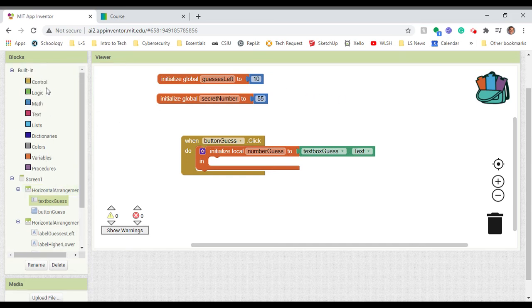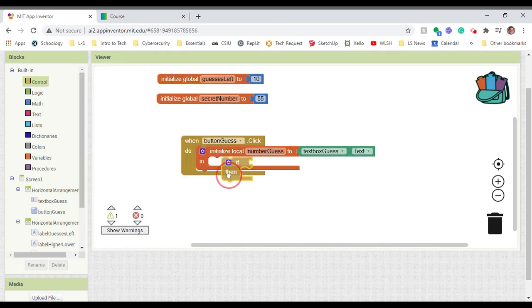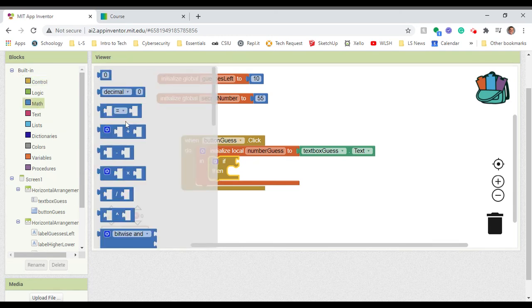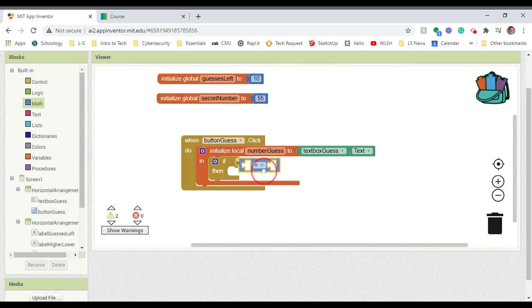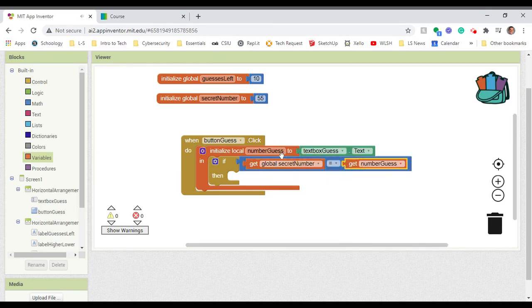So we're going to use some conditional statements. And for the moment, I'll just use this if then statement. And think about this. I want to compare. So I'm going to grab a math block, and I'm going to say equals. So if what is equal to what? All right, so again, variables here. So if the secret number is equal to the number guessed,